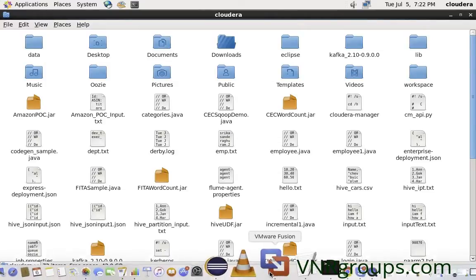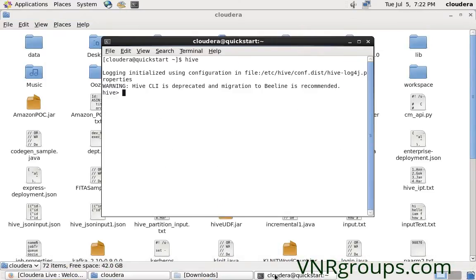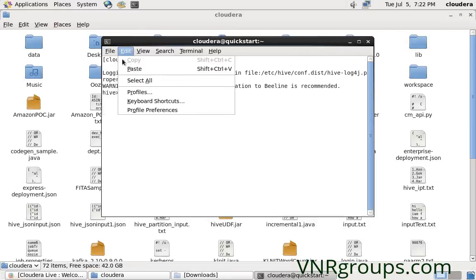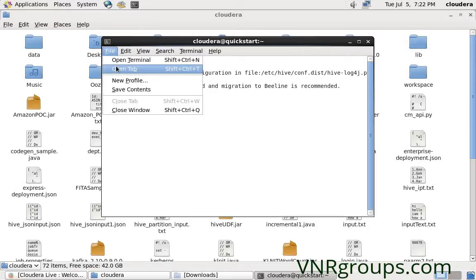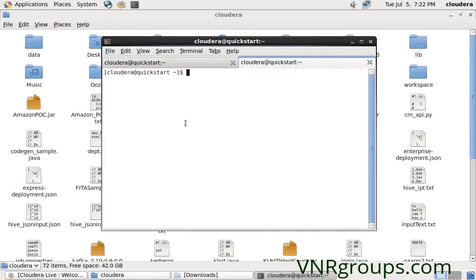Now that I've renamed the file, I'll take one more tab. I already have a folder named Sri in HDFS. In the last class we created a directory named Sri under the root path. I'll place this file there using hadoop fs -put.